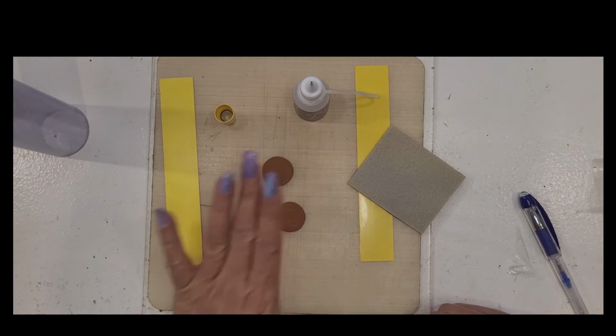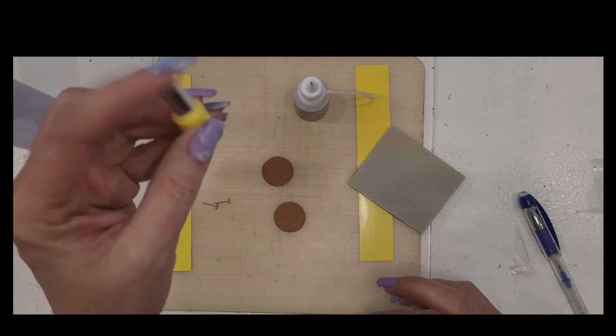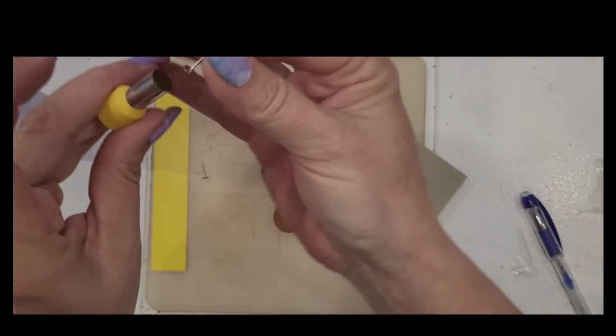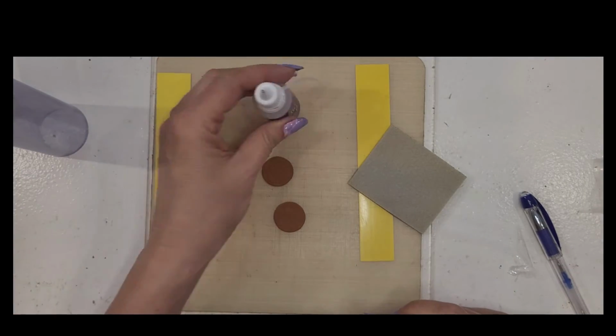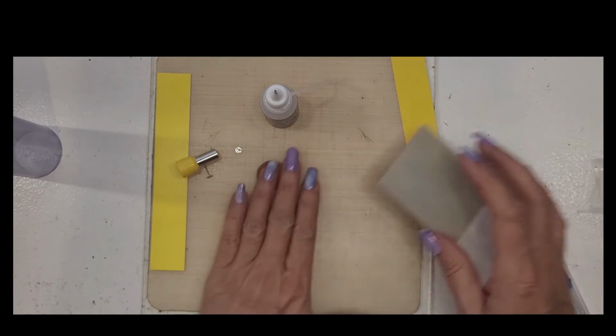So you need your clay, your rolling slats, something to make a hole, a cutter that's a little bit bigger than your pad, bed round, of course, and of course my roller. So here we go. First thing I do,